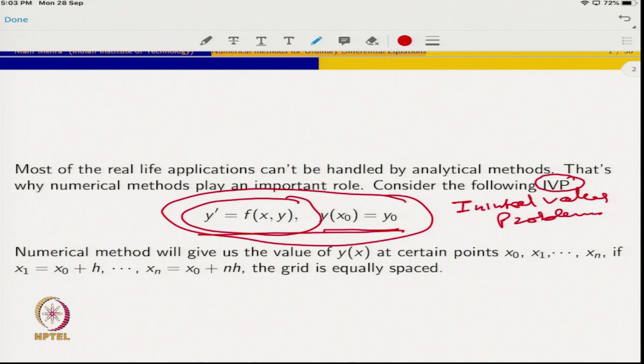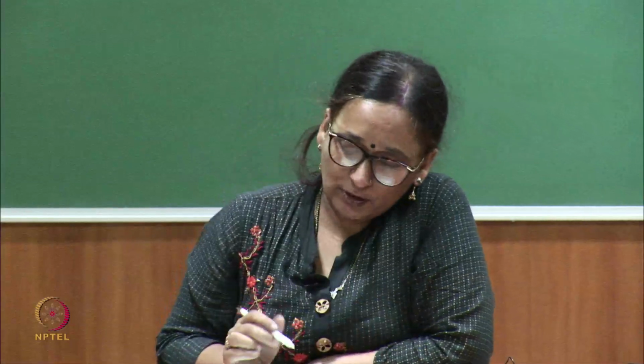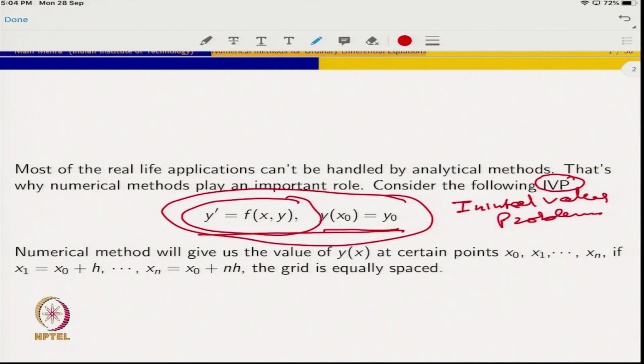But before going to the domain of numerical methods, we should first make sure whether we can solve this initial value problem analytically or not. By this we mean whether there exists a solution, and whether this solution is unique. All of you must have seen the existence and uniqueness theorem for initial value problems. Under that theorem we put some conditions on f, and under those conditions on f we guarantee that a solution will exist as well as be unique.